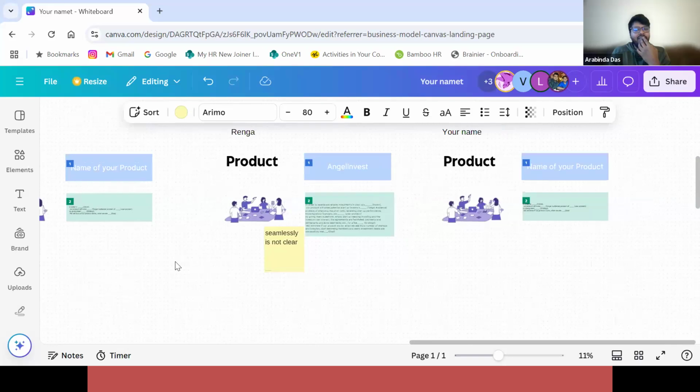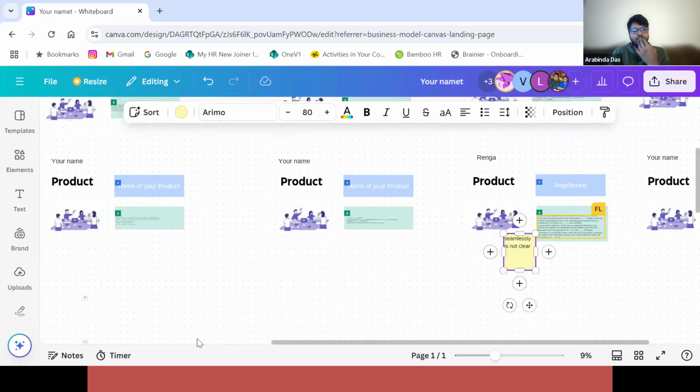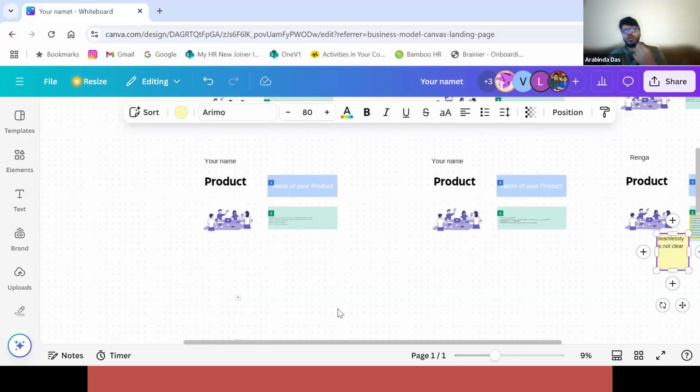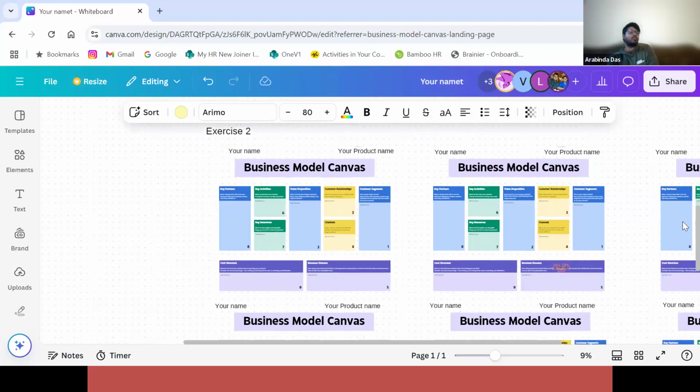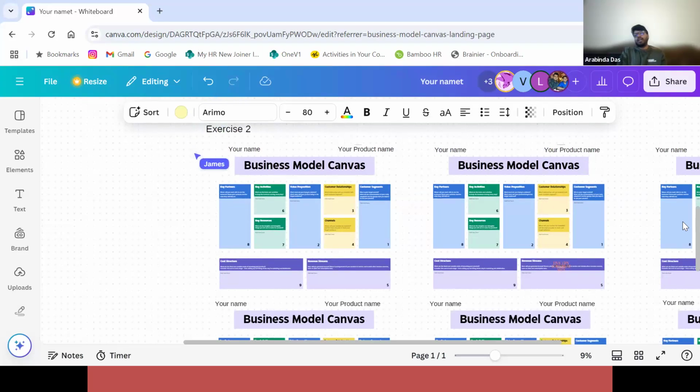So we have our products now. If you guys have thought about your products, you know what your product is, you know your target audience, you know your strategy, you know your goals. Now let's break it down. Let's come back to exercise 2 and try to put those in the form of a business model canvas now. Whatever you have thought your product is, what your vision is regarding what you're trying to deliver, what your goal is, this business model canvas can provide a high level understanding to others of what you're trying to deliver.